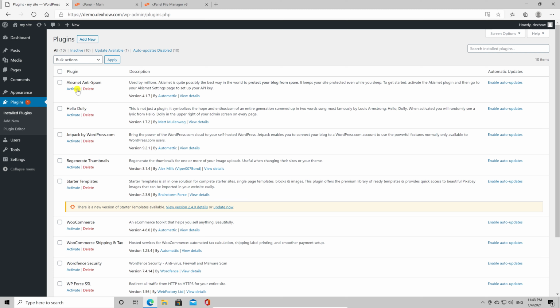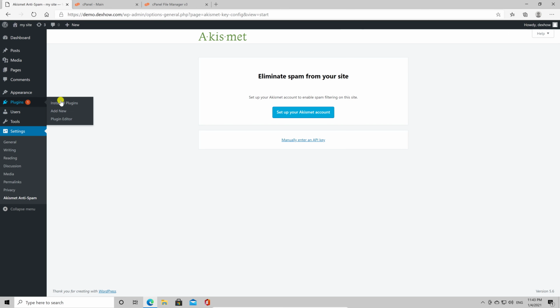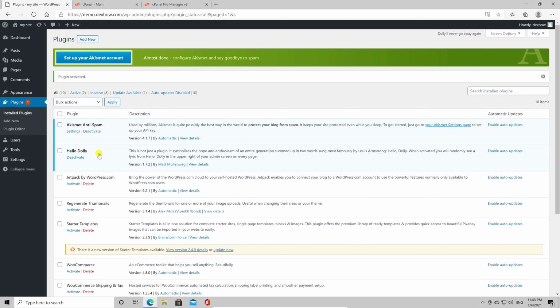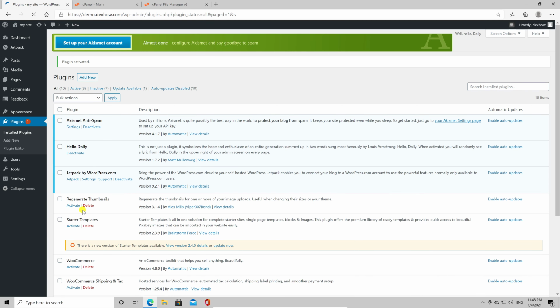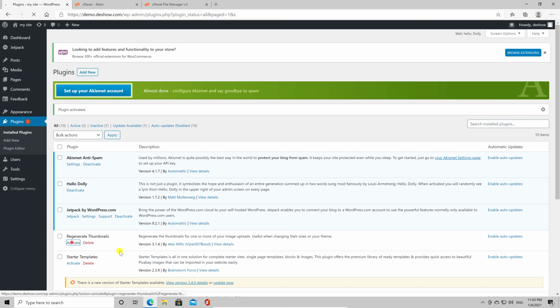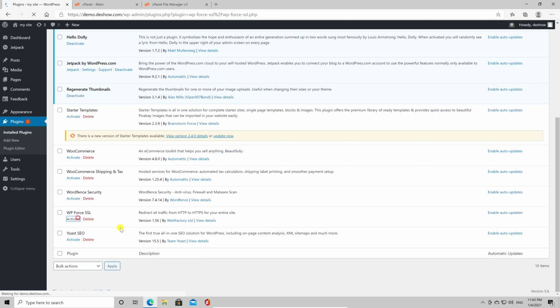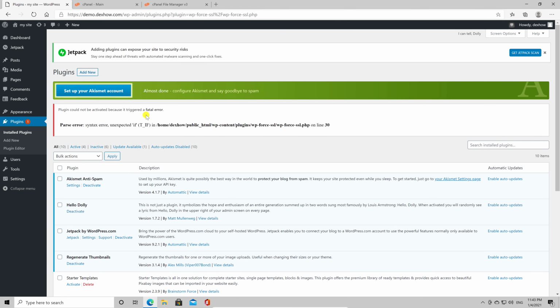You will have to activate every plugin one by one. This way, you will see exactly what plugin gets you the error. You see now an error. This is the plugin that was causing the error. Now activate all other plugins and your site should be fine. This is how you find what plugin has an error on WordPress with cPanel.